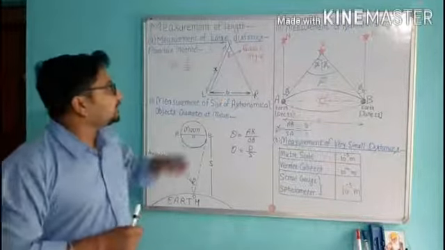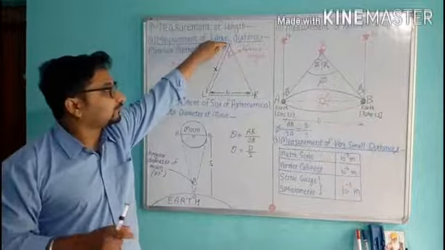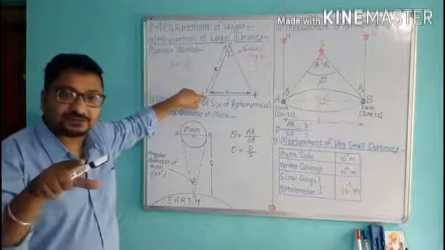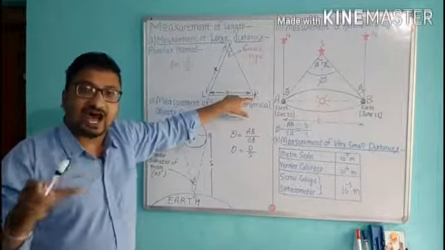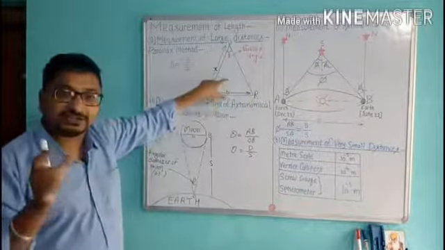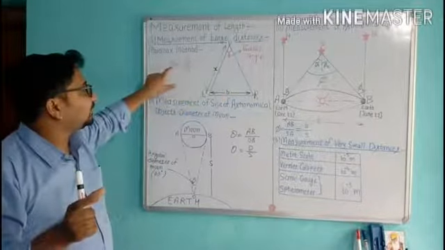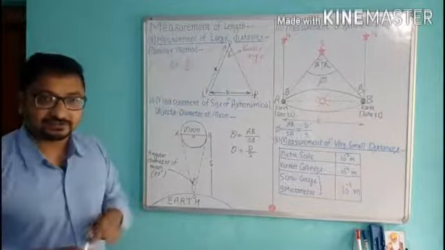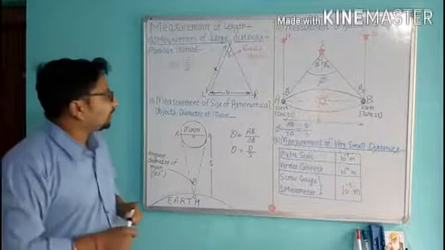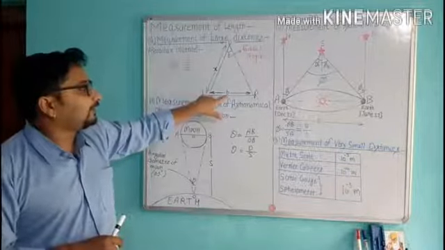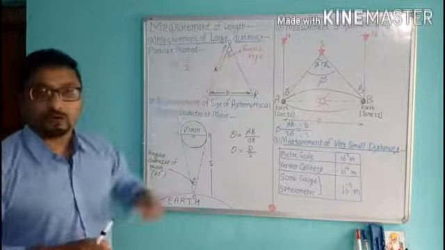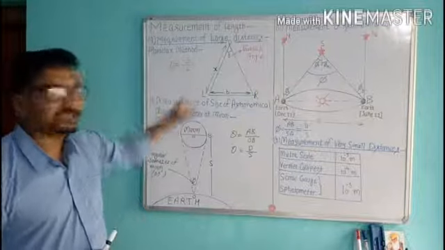Imagine point O as the center of a circle, OL as the radius of the circle, and LR as an arc of the circle. Imagine it in your mind. Then using the formula, angle is equal to arc upon radius, we get theta is equal to B upon X. With the help of B and theta, we can calculate the value of X by using this formula.